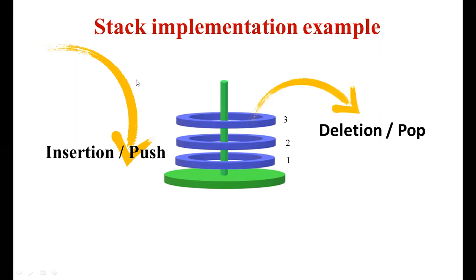So the stack algorithm will run with the rule last in, first out, and every stack must have a particular amount of memory block initially, which we can call the capacity of the stack. So what is the capacity and how will we decide it? We can decide by using either static memory allocation or dynamic memory allocation.